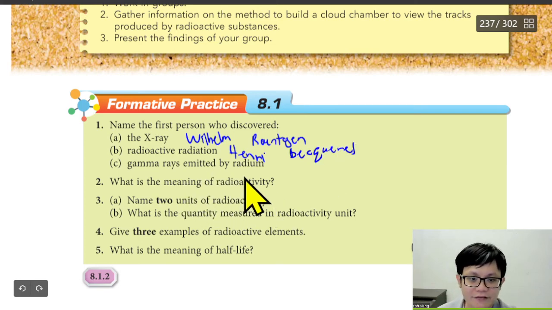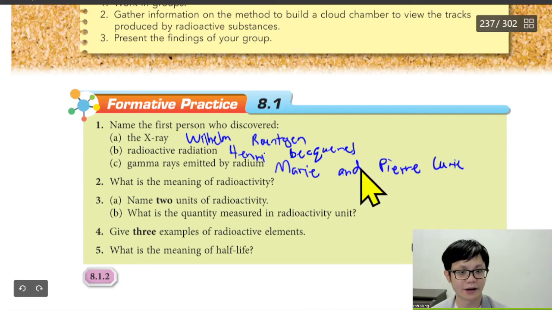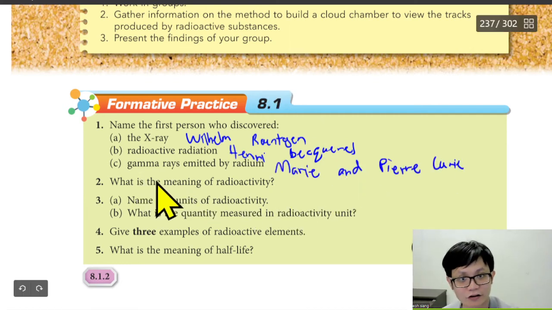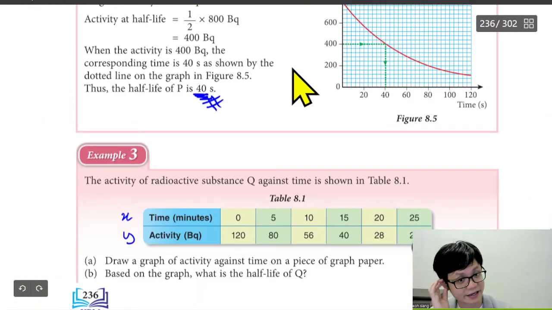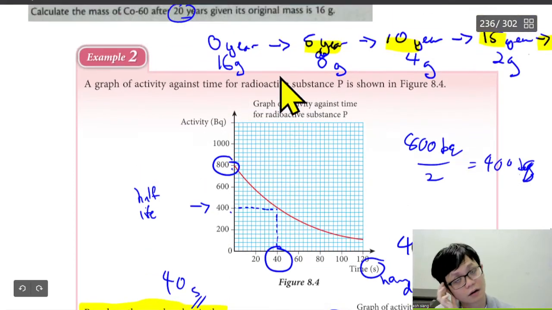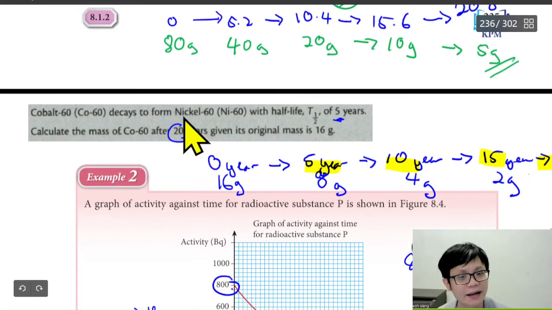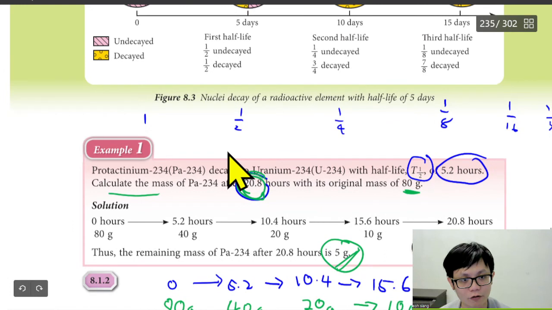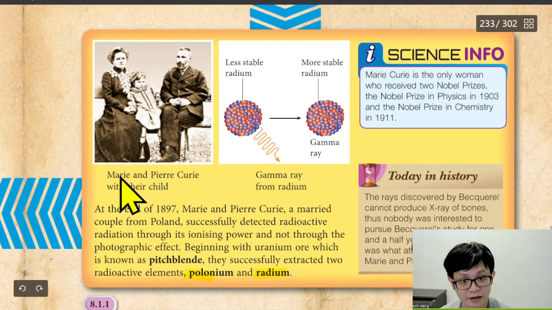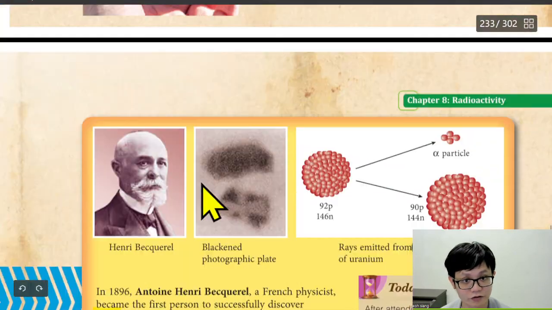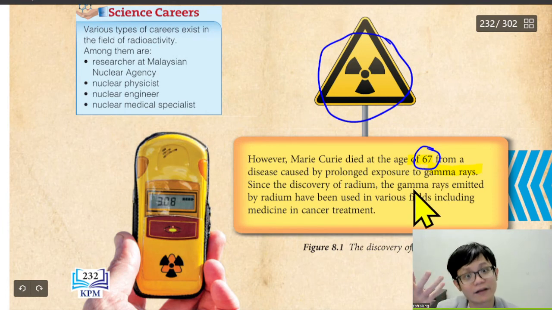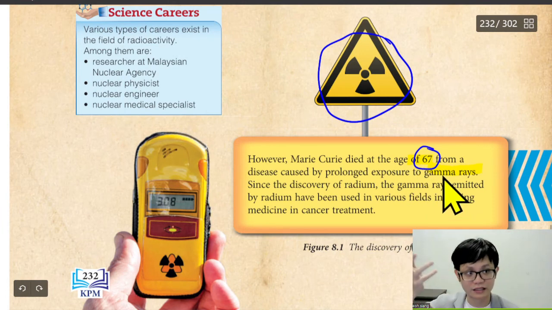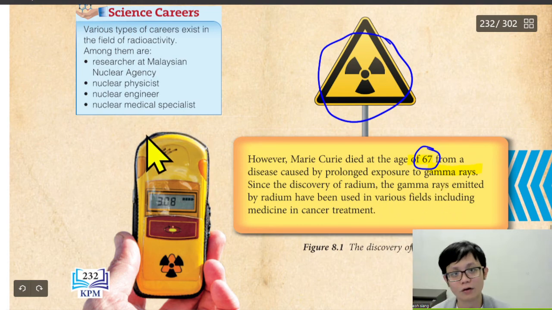Gamma ray emission by radium. Okay, Marie and Pierre Curie, the ones that discovered gamma ray. We also know that gamma ray is one of the most dangerous rays, more dangerous than X-ray. But it depends on what level the person undergoes. That's why we can see Marie and Pierre Curie with their child, and we also know that Marie Curie died in '67 because gamma ray is so dangerous, so because you do dangerous work, you die early because you